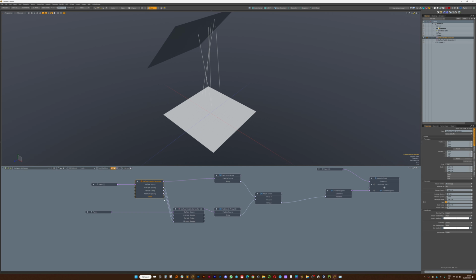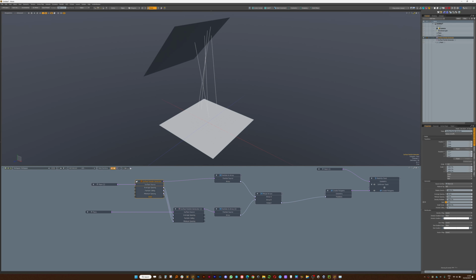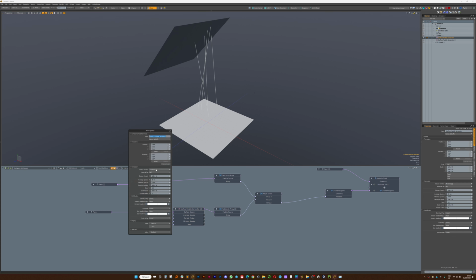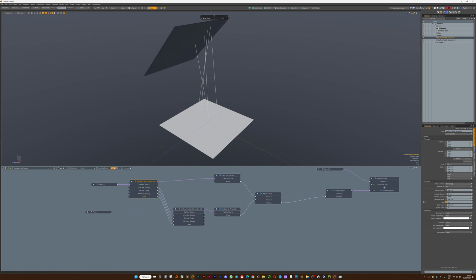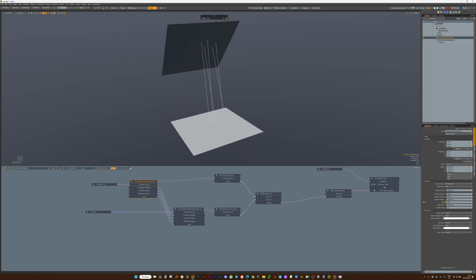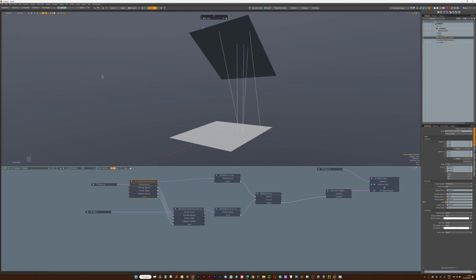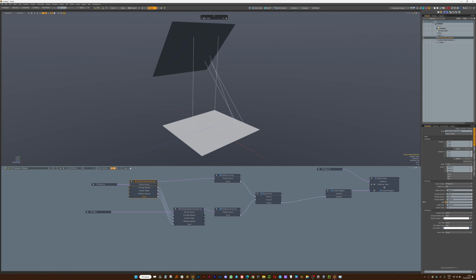So let's add seed there and seed there, and okay, now we can change the seed here. Yes, it works. I don't know why they are so cluttered in one place, but